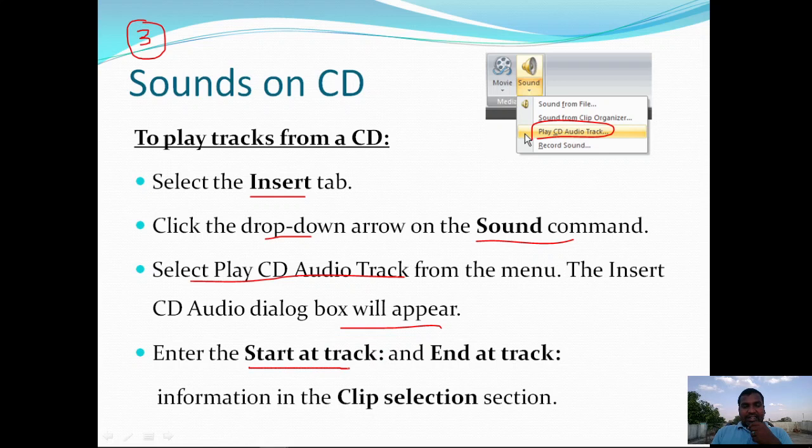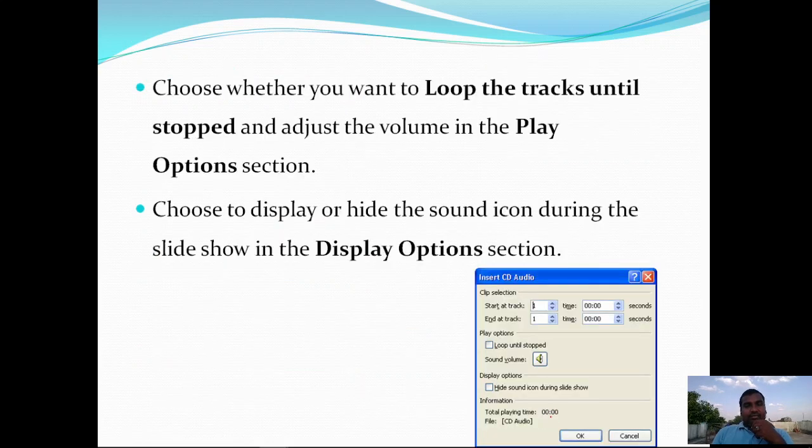Enter the starting track number and the ending track number in the clip selection section. Then those tracks are going to be inserted as a file into the slide. Choose whether you want to loop the tracks until stopped or adjust the volume in the play options section.